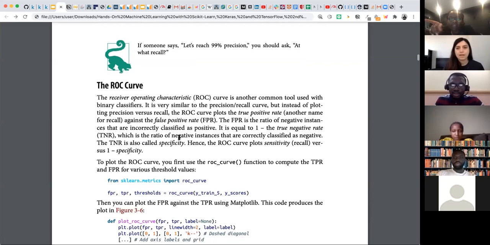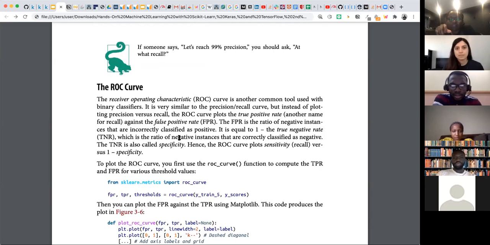No, that's sensitivity versus 1 minus specificity. I don't know why, but I think it's similar to the precision versus recall plot, except the ROC curve plots the true positive rate, the TPR, which is also called recall, against the false positive rate. And the false positive rate can be calculated by,